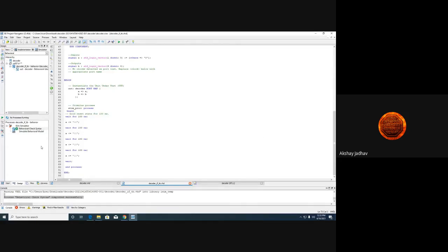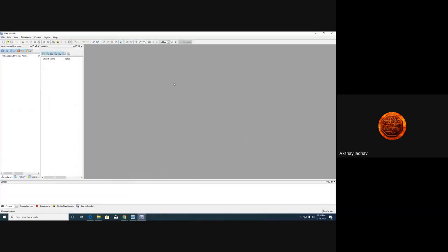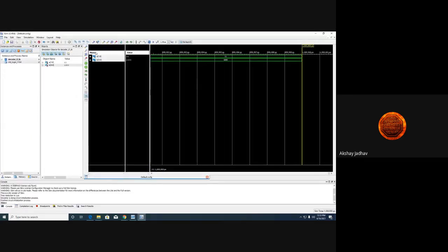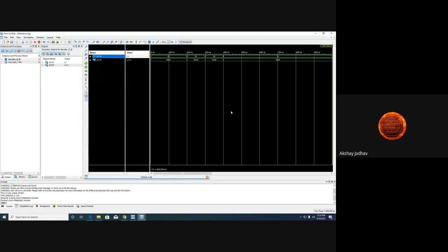So now once I click on run the simulation, here you can see A will be there and B will be there. So let me just click on it. Now you can see at the time of 0 0 we have 0 0 0 1, for 0 1 we have 0 0 1 0, and for 1 0 we have 0 1 0 0. Everyone got it, how it has been done and what it would be? Any doubt in this?